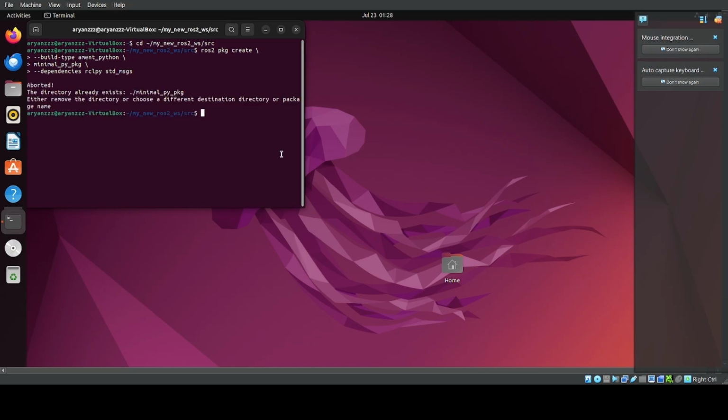As you can see, I already have this package. You might not have it, so it will work for you. And then you have to just paste this mkdir file, which will be in the document in the description. And then now what we have to do is stick in the publisher and the subscriber files respectively. So for that, firstly go into your nano,